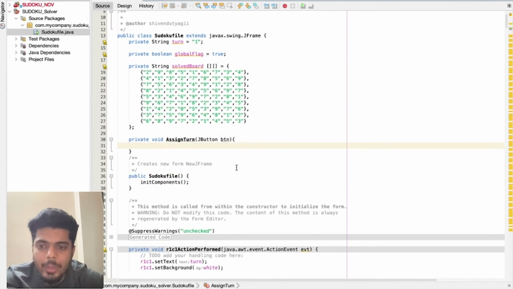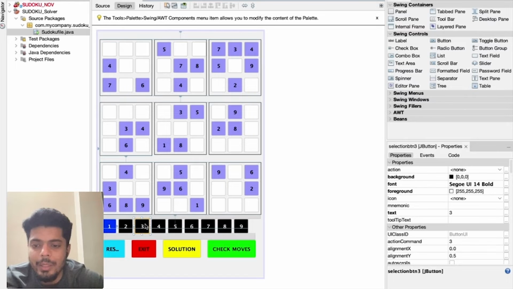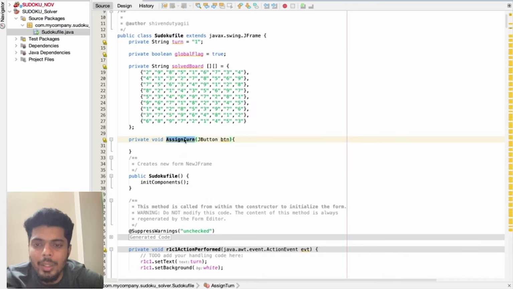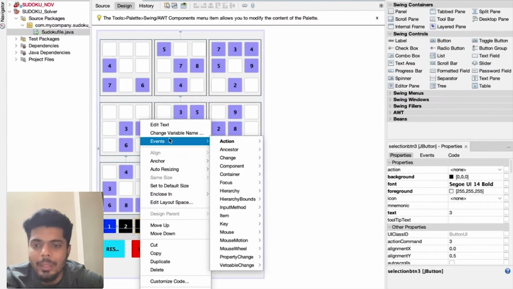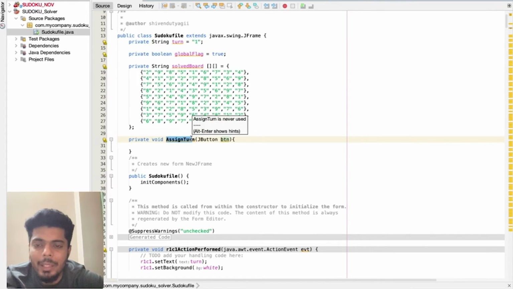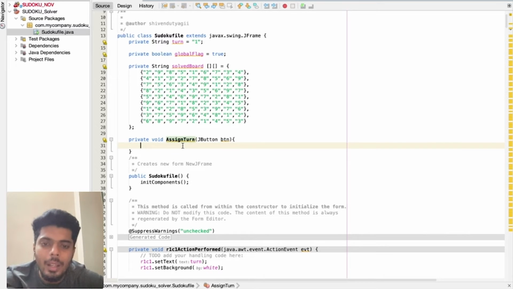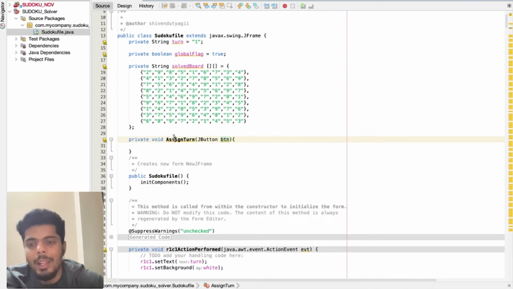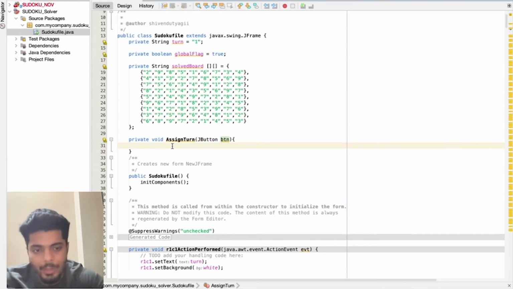Let's say I clicked this button which has the value 3. On the click of this button, I'll trigger this function, and I'll pass the JButton type param, which will be the name of that particular button which is clicked. In this case, the variable name is selectionButton3. So I'll pass selectionButton3 in the params. This function will get triggered, and it will assign the color of all the buttons as black except the one which is received in the param, and I'll assign the color of that particular button as blue. A very simple approach. Let's try to execute this.